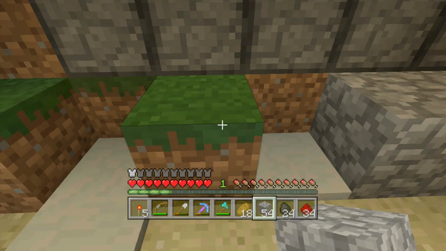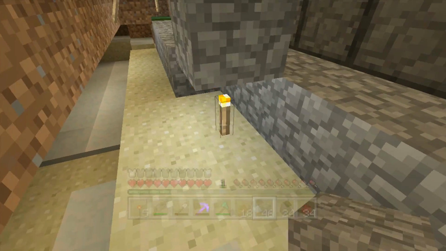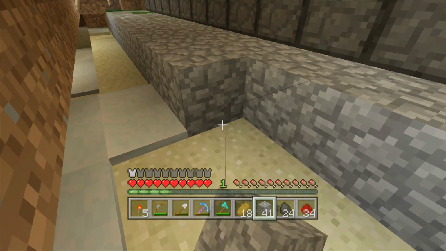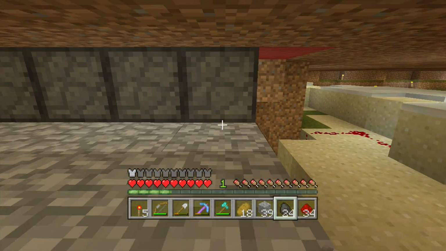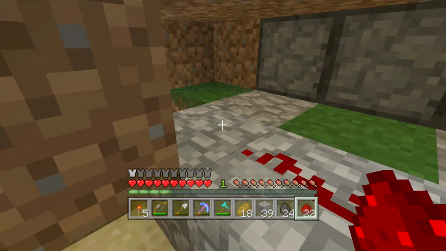So I'm going to do 2 rows of blocks along here. It doesn't matter at all what it's made out of because no one's going to see this. It's all completely hidden behind the scenes. So I'm going to do 2 rows of cobblestone along there. I'm just going to do a row of redstone dust going along here like this,